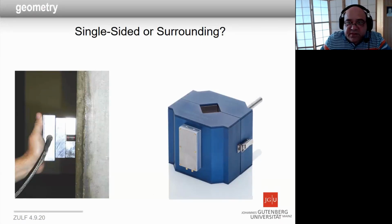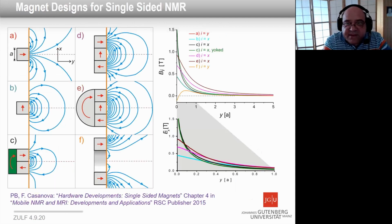And when you come to the geometry, there are essentially two different options. You can build a single-sided instrument, which is nice because you can just put it on the sample. And of course, you might also be able to surround the sample, then you have much more design features. The problem with the single-sided NMR is, well, you can play a lot of tricks in terms of how to shape